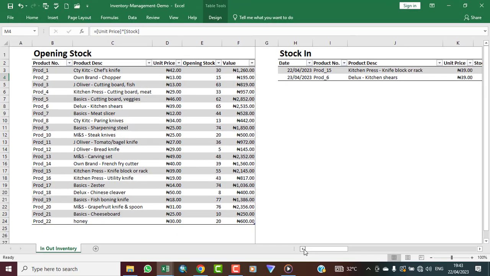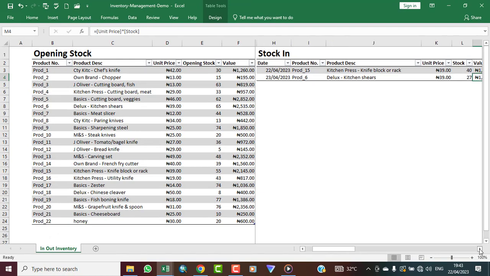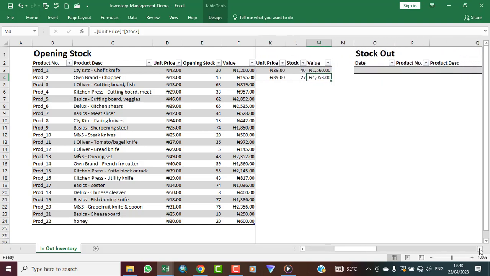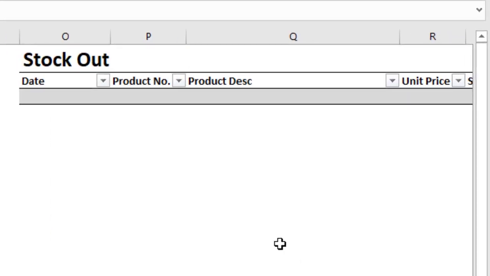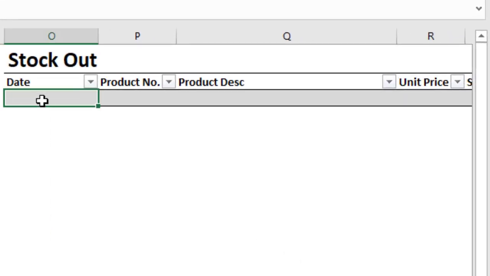Now we're moving into our stock out. Our stocking and our stock out look the same, so we are going to do the same thing we did in our stocking for our stock out. So let's scroll to our stock out. Let's give it a date. Let's say 23rd, 04,